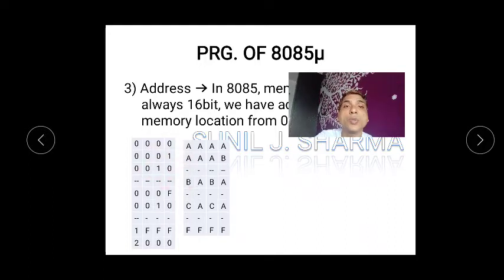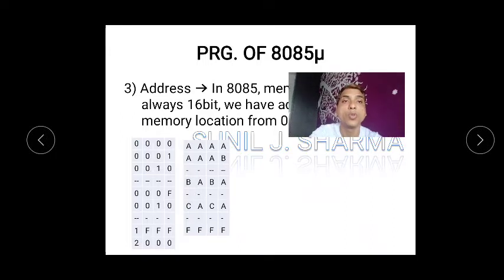After 9 we also have 10, but we cannot write 10, we have to write A, B, C, D, like that till F, the hexadecimal numbers. So I have given an example 000F, and after F it will be like 0010. That is how the meter goes. After FFFF we also have 200. Then you will have many memory locations like BA, CA, DA. So there will be many memory locations.